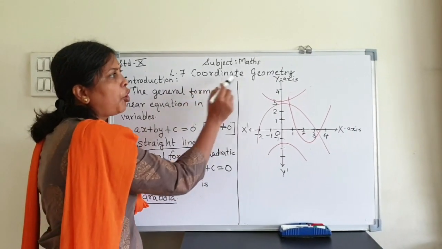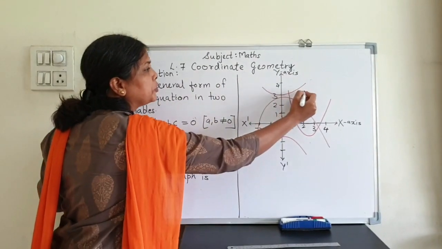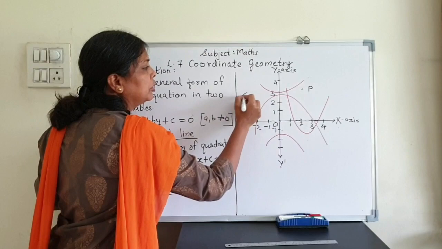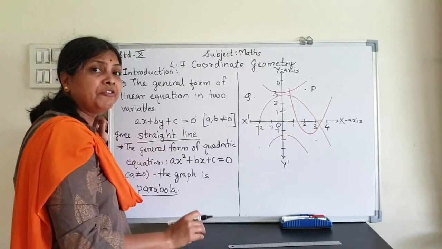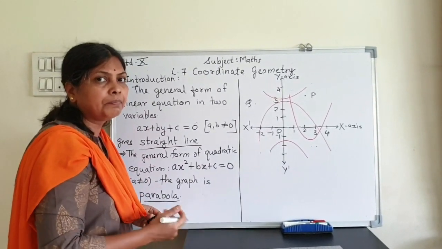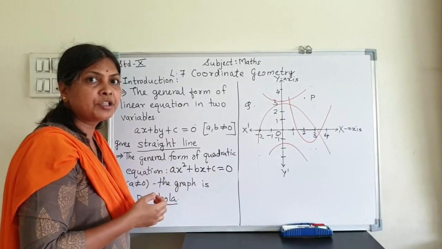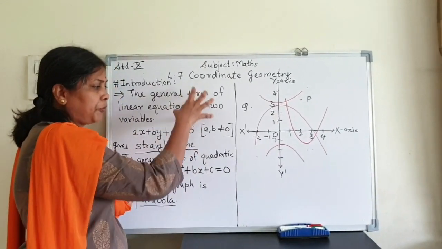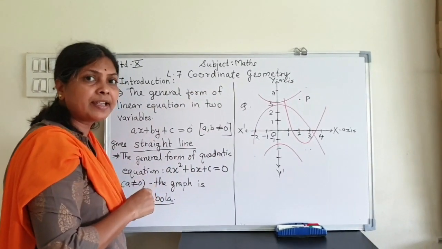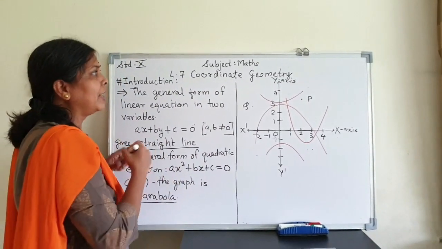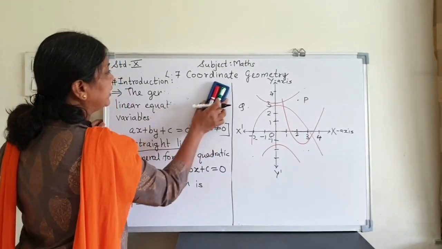Thus, the concept of coordinate geometry is developed to locate the positions of points on the plane, and this concept is used in various fields like physics, engineering, navigation, aviation. So from that point of view, this topic is very important as well as interesting and logical. So now let's start what we are going to learn in this chapter, new thing in this chapter, and that is